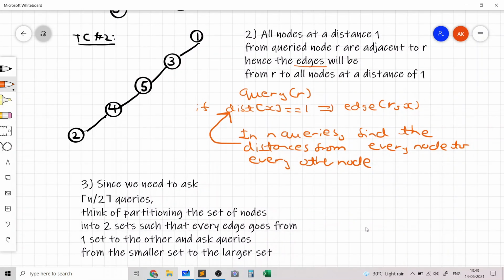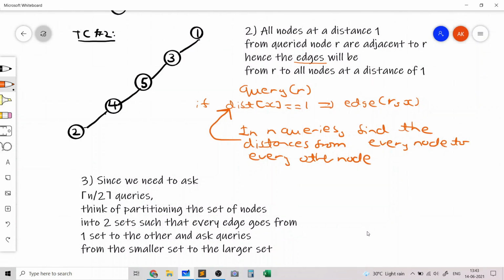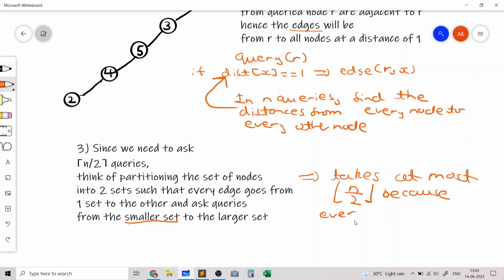So once you know that you need to partition the set of nodes into two sets, and you need to ask queries from the smaller set, then you basically will realize that this takes at most n by 2 queries, because every edge connects two nodes.